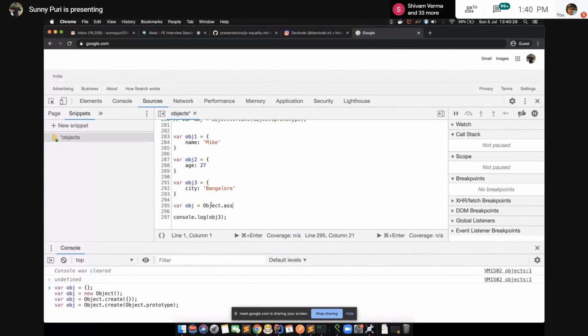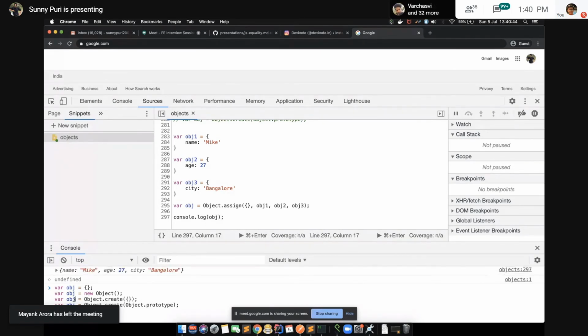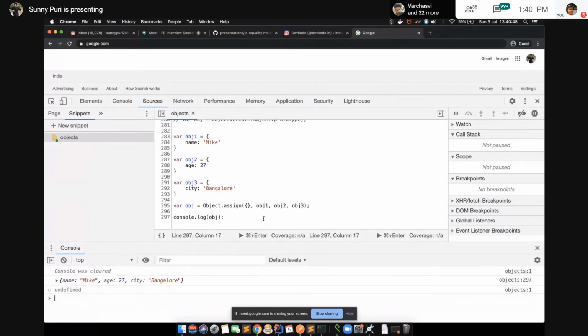So let's say I want all the properties of object 1, object 2, object 3. Let's print the object. If you see, they have not added these objects as inherited, they have added them as its own properties.